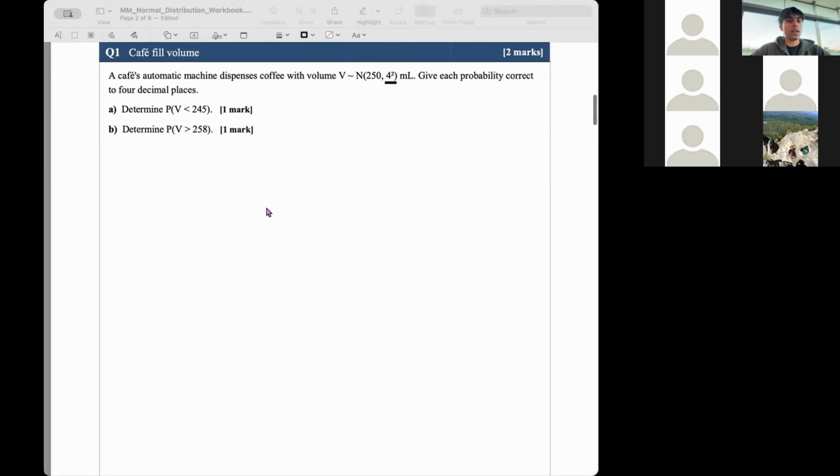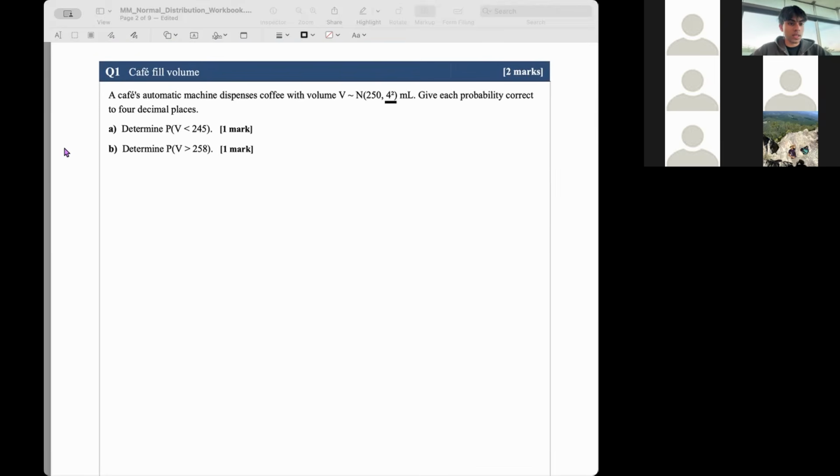Let's clear all of that. For the second part of the question, part B, it is essentially the exact same thing where you sub in values again, with lower being 258 in this case, as we want the area after that, greater than 258. And what you will notice is it's actually 2 standard deviations to the right of the mean, which means the answer should be around